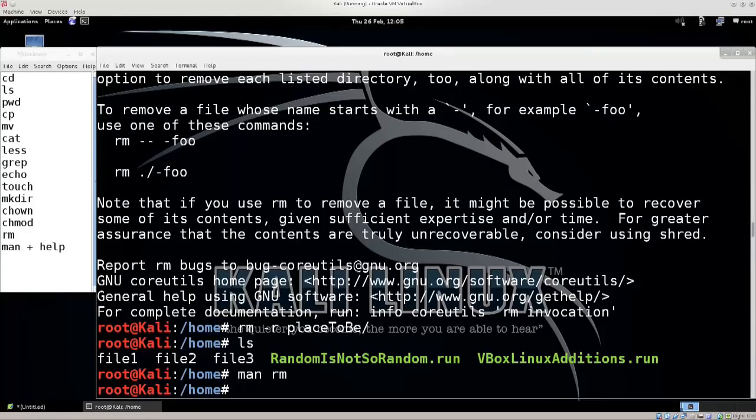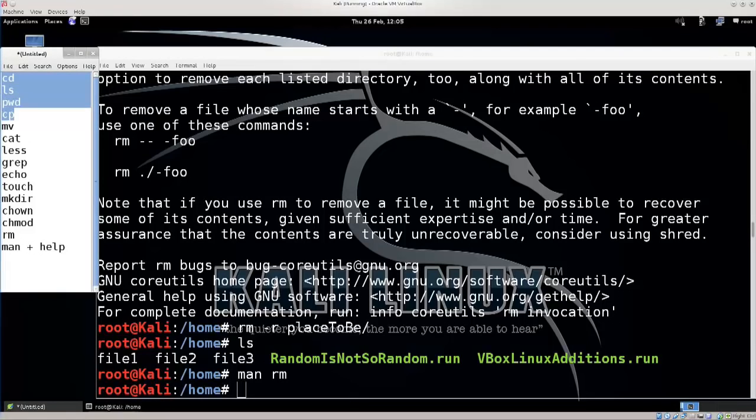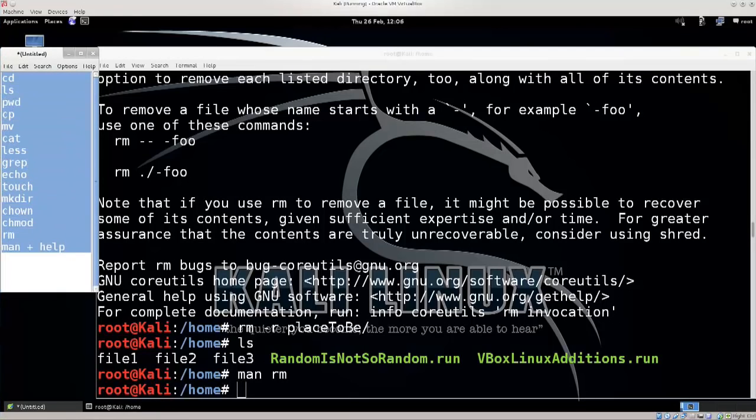In any case, this was a brief introduction to some of the basic commands that we will use. Please make sure that you know what each one of these commands does, at least its basic functions. And then later on we will get in depth and do more advanced stuff and use more advanced commands by combining them